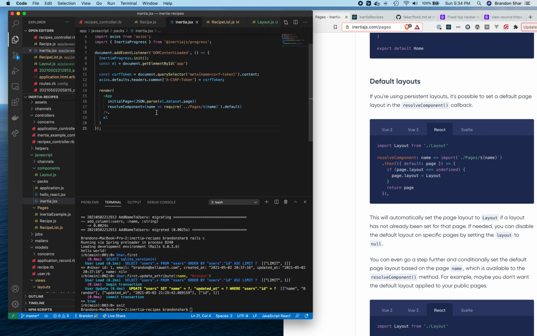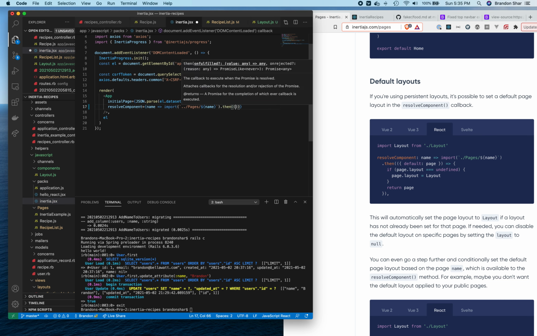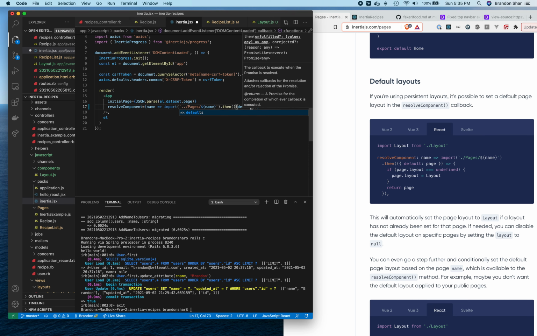So we have our resolve component here, and what it turns out we can do is name. We're going to change this to an import statement. I assume that'll let us leave off the default. It's interesting. I also have a place that I'm doing this otherwise, so I can refer to a code example I've already created if need be. But yeah, it looks like using that import will let us leave off the default, so that's nice. And the import is a promise. So to kind of copy what they're doing here,